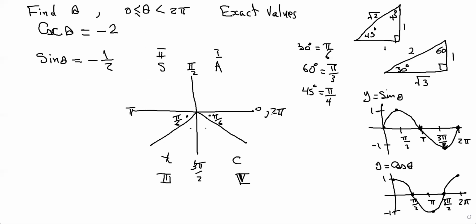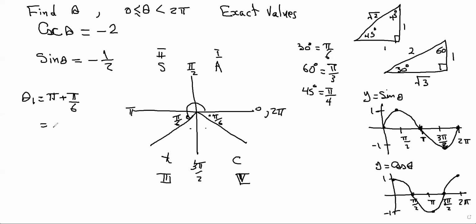You always refer to the pi and the 2 pi because your reference angle is between the terminal arm and the x-axis always. So now, if we want to find the first theta, it is going all the way to here. So going all the way to there means you go all the way to pi, which is right here, and then you add that little pi over 6, okay,